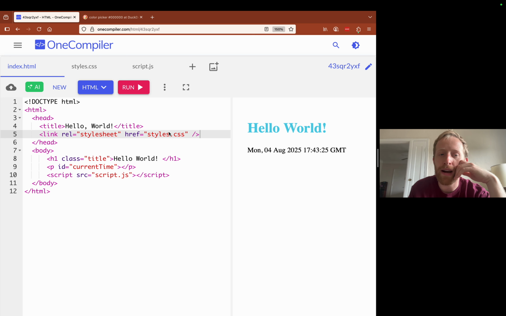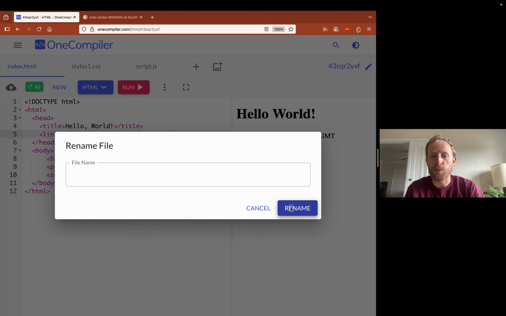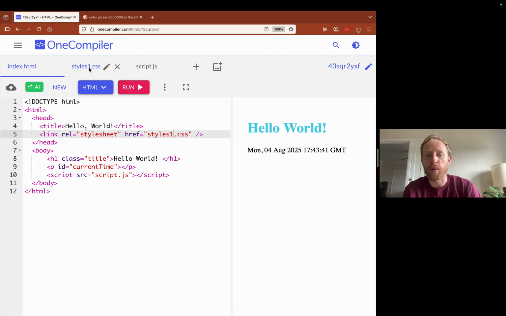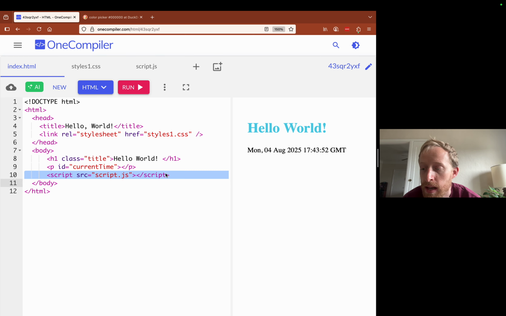Because basically, if I linked a different styles.css, if I call it styles1, oops, now the stuff that we wrote in styles.css is not linked until I rename it and call this one styles1. Now styles1 and styles1 match up, and I run, and now we're pulling the code from this one again too. So I can pull it from multiple files, however I want to structure it. That's not so important for our purposes right now. The one thing I am going to get rid of is we do have some JavaScript here. I'll show you that. I'm just going to comment on it before I delete it.